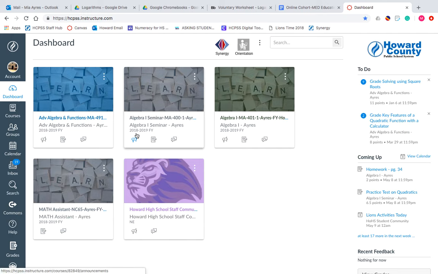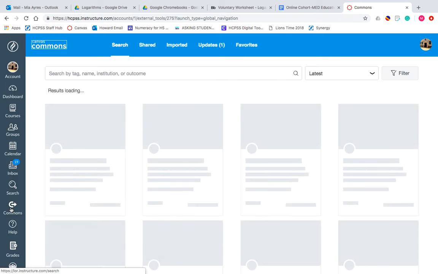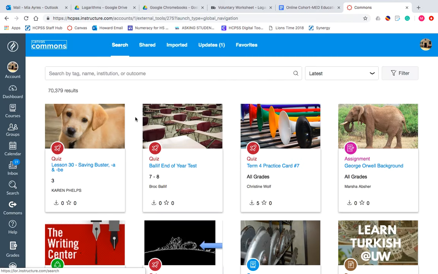I'd like to show you about a feature in Canvas that is very helpful. I'd like to teach you about Commons right here. If you log on to your Canvas homepage, it is always an option in this spot. So you'll click on this tab and you'll be brought to a page where teachers have already created and shared assignments that they have built in